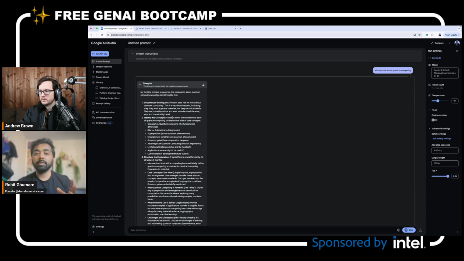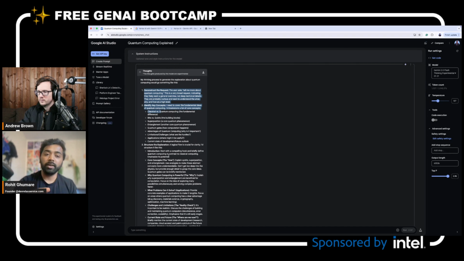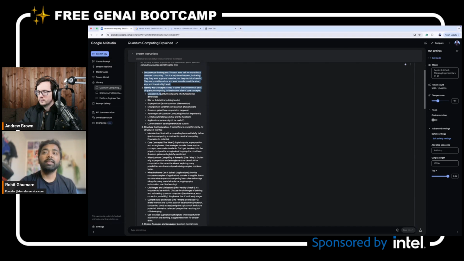You will not see this in your APIs if you use the Gemini API for your local things. But here you will see it is actually going through everything, and it thinks about it again and again, and it rethinks, like, should I talk about this or not. You might have seen this in DeepSeek R1 and all.